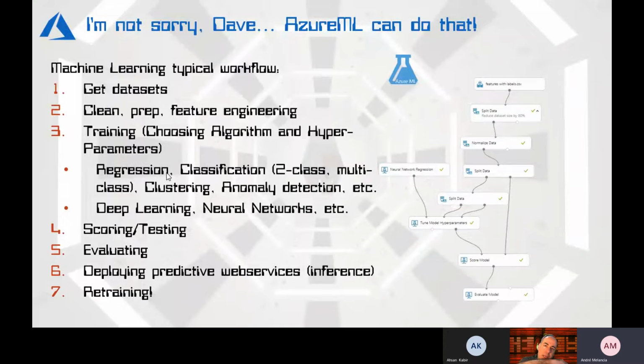So regression for a continuous value that you want to detect, temperature, something like that. Classification, so two-class, multi-class. Clustering, you can also do anomaly detection, although for some of these, you can use the normal algorithms and get the results, but there are specific algorithms for anomaly detection. Okay, if your objective is not to get the normal values and then also find anomalies, your objective is